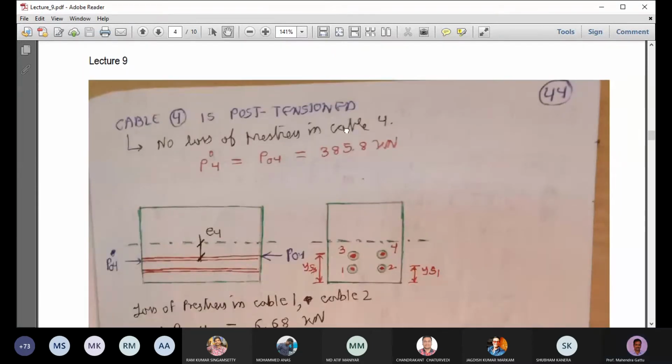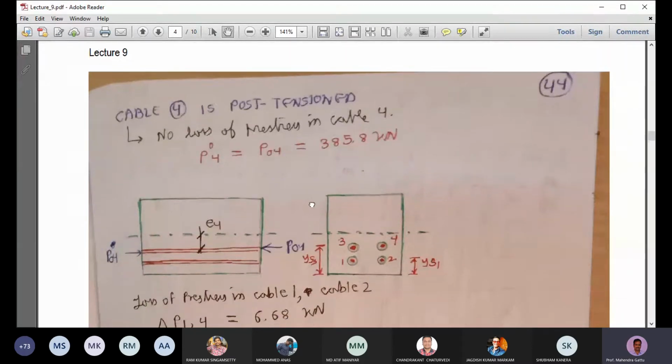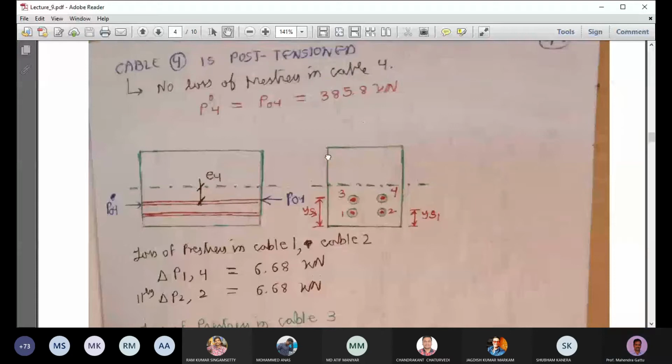So we are done with cable 3. Now we go with post tensioning of cable 2, cable 4. So again we have that beam. We have the beam span, and we have cable 1, cable 2 here at level 1, and cable 3 is there. Now we have put cable 4. So we have housed cable 4 into the duct hole 4, and we are post tensioning that.